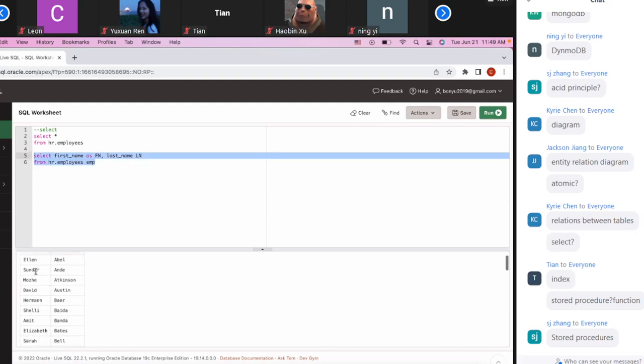You see, now it works. And also this "as" keyword is optional. Maybe just for simplicity, just get rid of all the "as" keywords. You just use this way to create an alias name. And